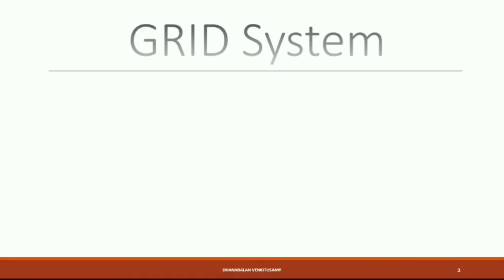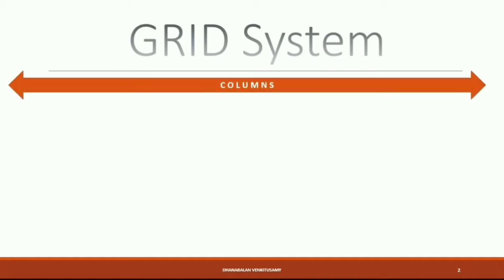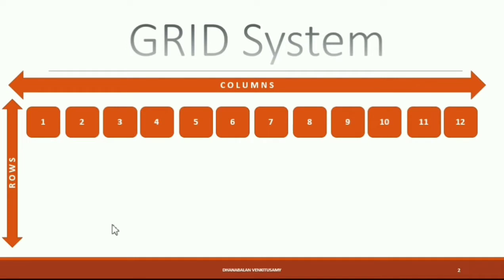To start with responsive web design, we need to know the most important concept, or we can say a basic concept called the grid system. The grid system will treat the entire page as columns and rows. So this entire screen, whatever you are seeing, is rows and columns. The columns will be divided into 12 equivalent pieces, irrespective of the screen, whether you are seeing it on a laptop or mobile. The entire column will be divided into 12 equivalent pieces.